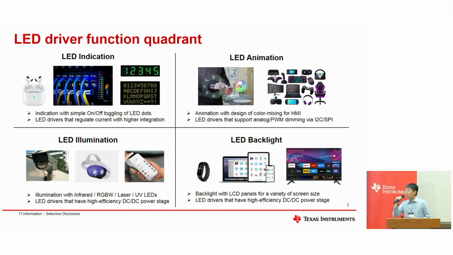Okay, the bottom one, the third quadrant, is LED illumination. LED illumination and LED backlight are a totally different story from the animation and indication above. The illumination uses a DC-DC switching regulator, but you're using it to control the current. We see some typical applications like the ones in the picture: surveillance cameras, and VR and AR headsets. If you have infrared sensors within them to do eyeball detection and IR detection, the right-hand side one is a VSAR or car scanner or digital scanners.